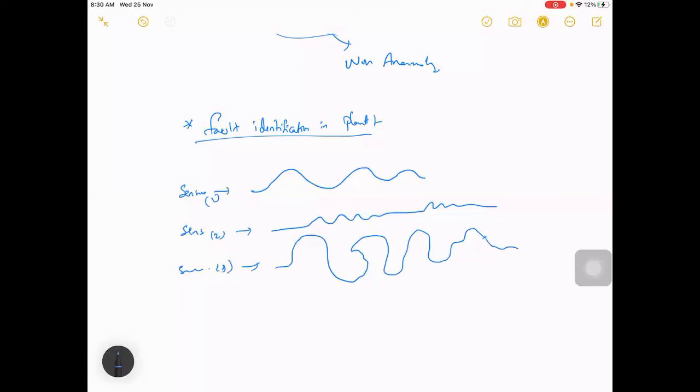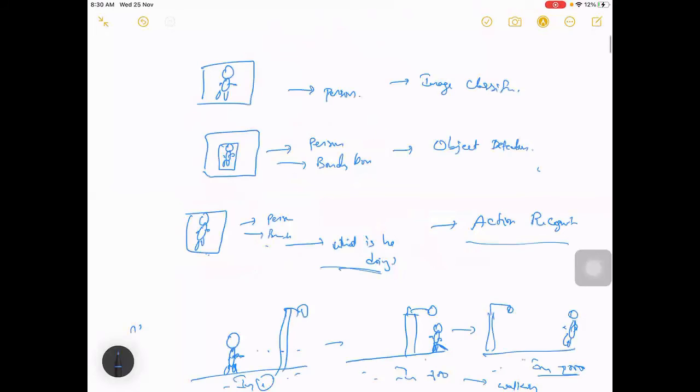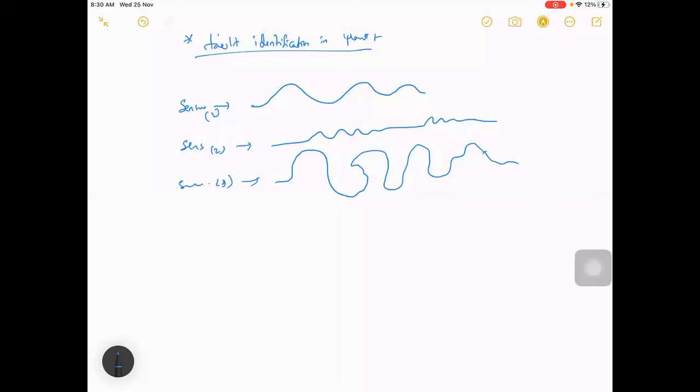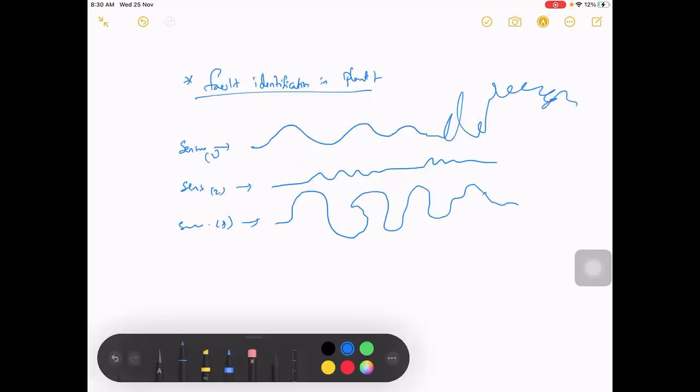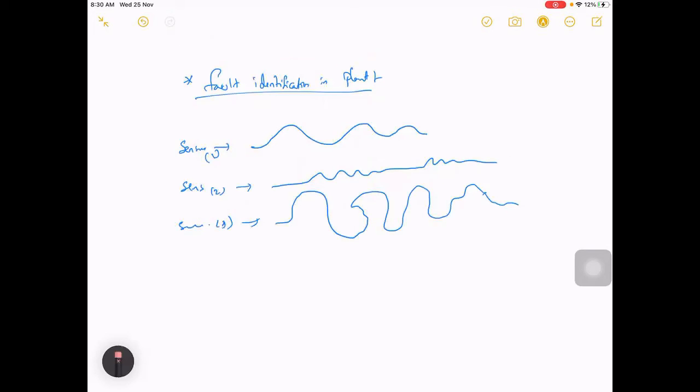But usually what happens is, in case there is some problem or some fault, right? Suddenly it will start behaving abnormally. It may not be this way, but at least it may start increasing, or maybe decreasing as well.